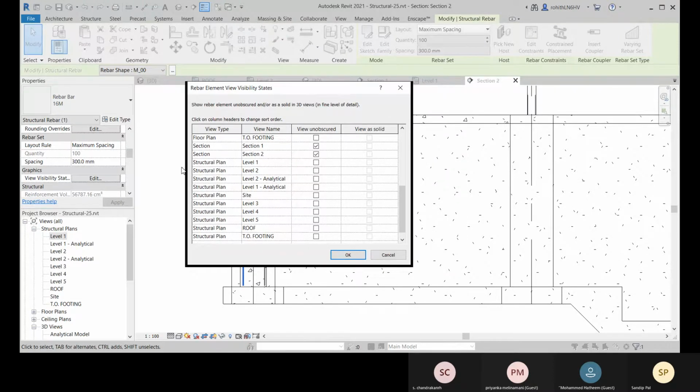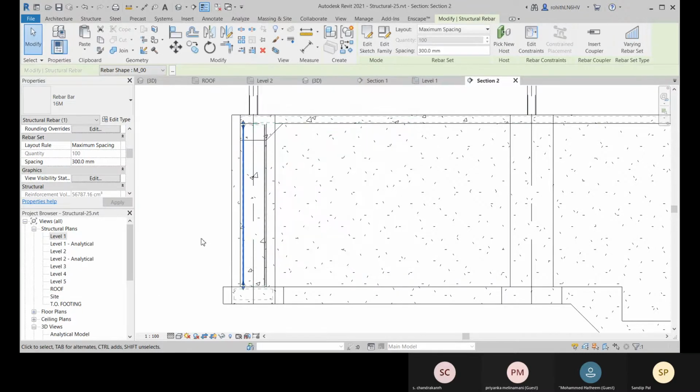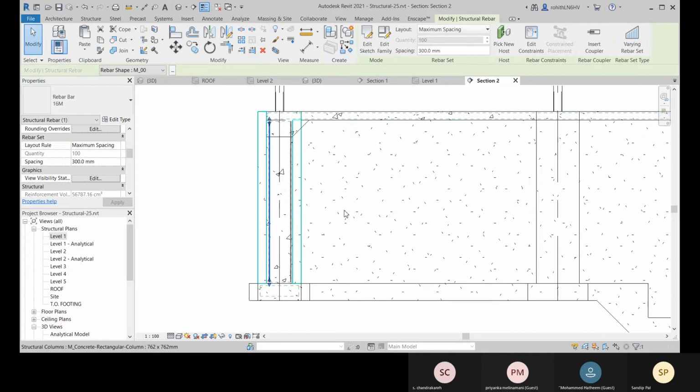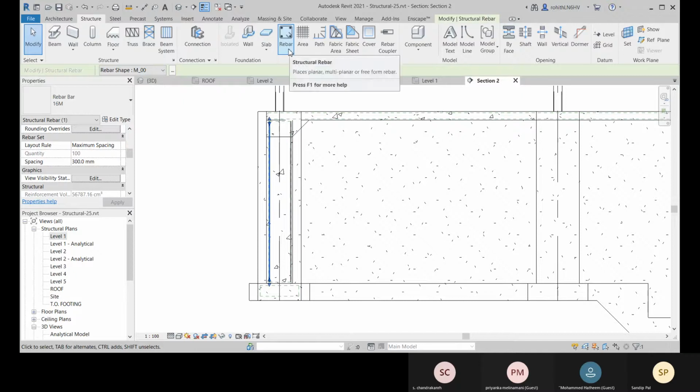So on each section you can see it. On the other views like 3D views and all the other views, we generally don't need to see our rebar. So if you need to include within all these views, you can just check it from here and you can see.